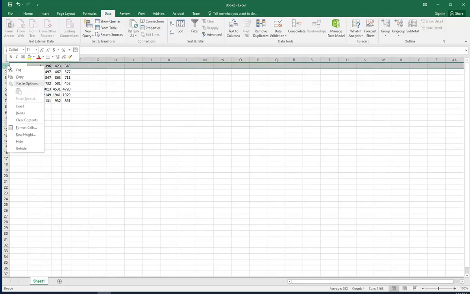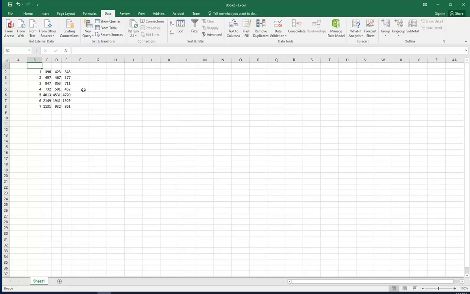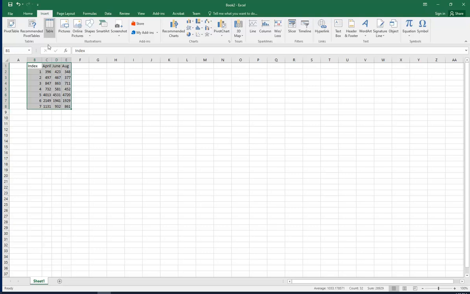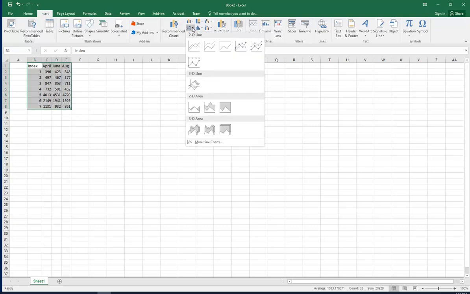Now I'm going to add a row above, and I'm going to label the columns: Index, April, June, and August. Great. Now you're going to start at the index, select everything, go to Insert, go to 2D